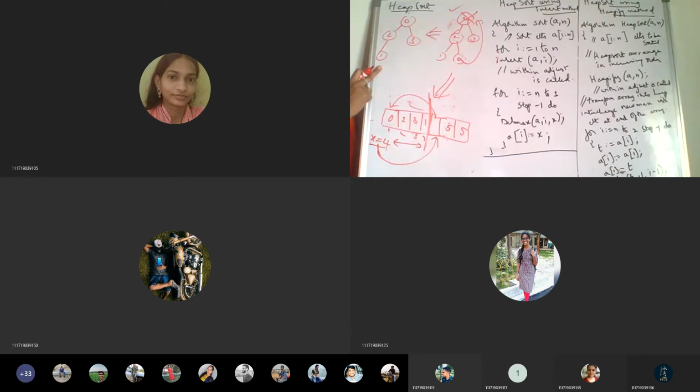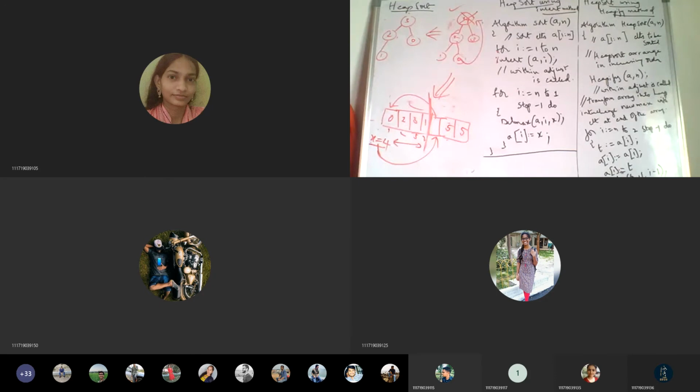So in order to adjust, what do we see? The last parent. This is not the last parent, this will be the last parent. When compared to parent and child, the parent has the maximum. Okay, it's already sorted. So now the next node is 1. Compare its children: which is maximum among 2 and 3? 3 is maximum. So again compare with its parent. The child is greater, so you need to swap. So now 3 will come here and 0 will come here.